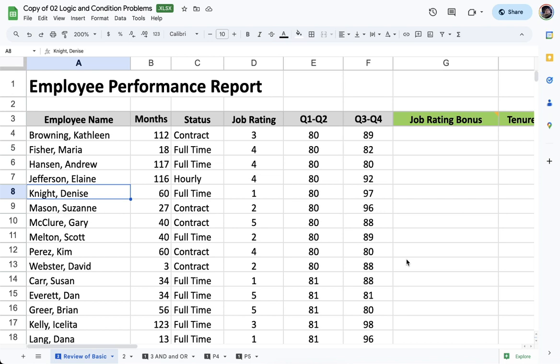Hi. In this video, we are going to talk about two things. We're going to talk about how to create basic if statements in Google Sheets and also how to create nested or series ifs. So if statements are used in almost any worksheet program that